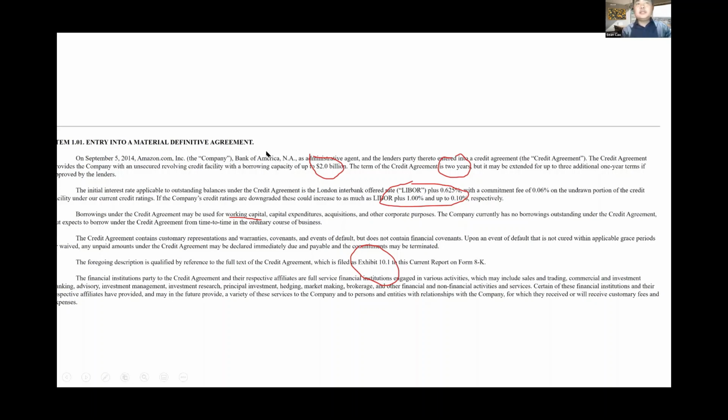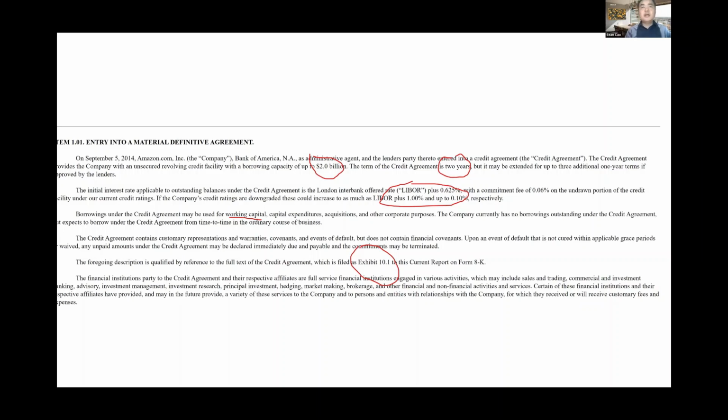So basically the idea is that Amazon may not actually use the $2 billion. They just want the $2 billion available there. If they want to use it, they just use the credit card. If they don't use it, the $2 billion is sitting there at Bank of America. So this is still different from the commercial loan. The commercial loan is what? Amazon will get the $2 billion in the pocket, and then they will spend the $2 billion on equipment, expansion, growth. We talk about a lot of growth. So there are two different loans here. The contract here is about the credit borrowing. So it's like a credit card, right?